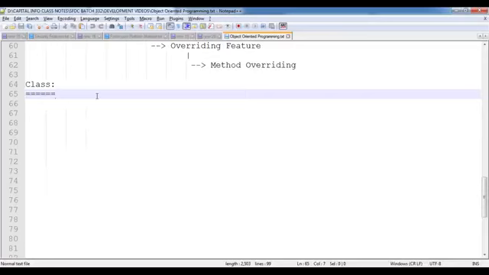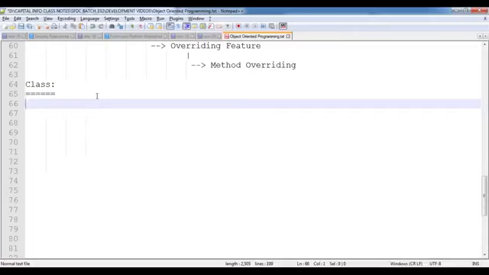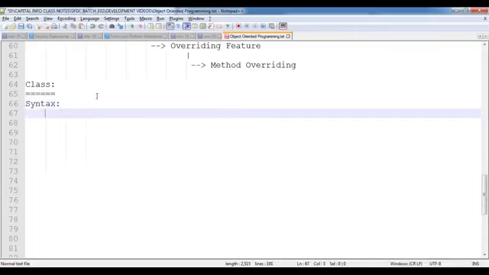Then how can we define a class? What is the syntax we have to follow in order to define a class? Now let's see practically. In order to define the class, we have to use access specifiers. So we can specify the access specifier,